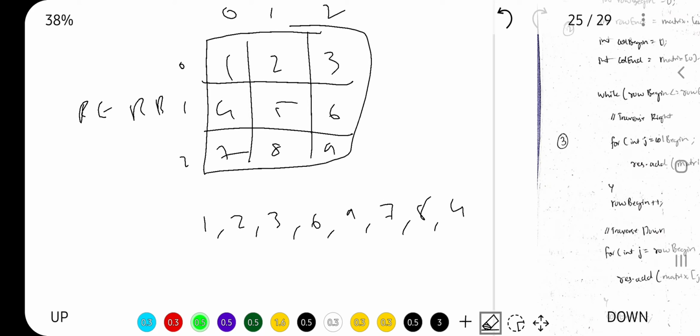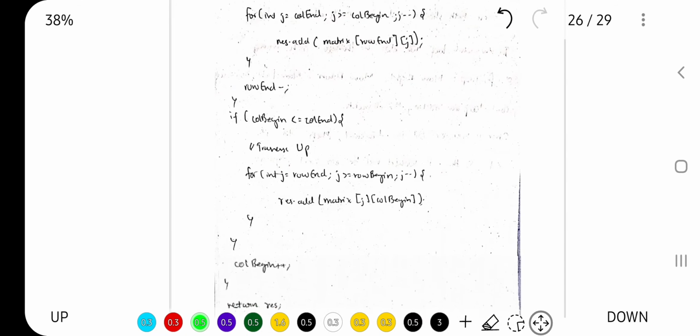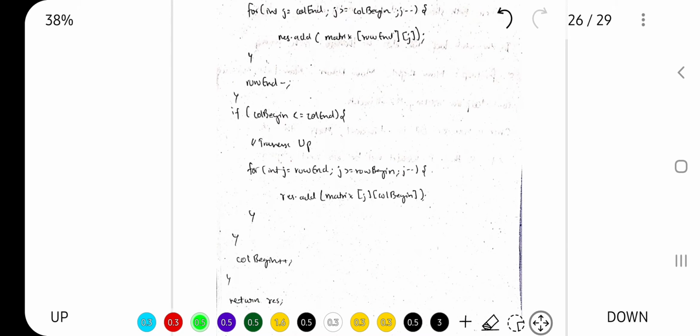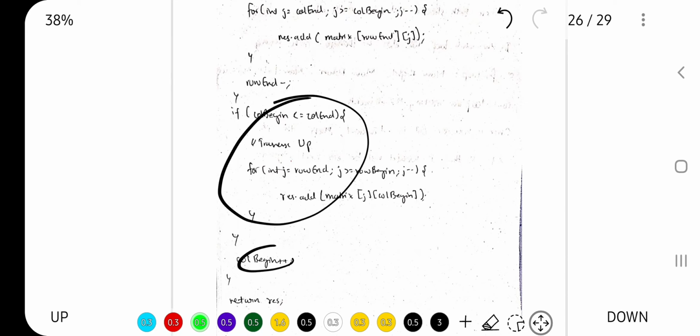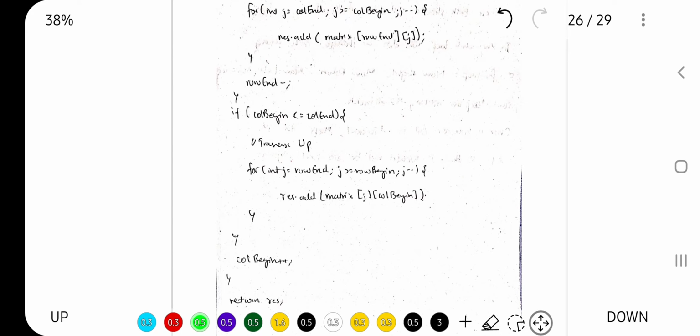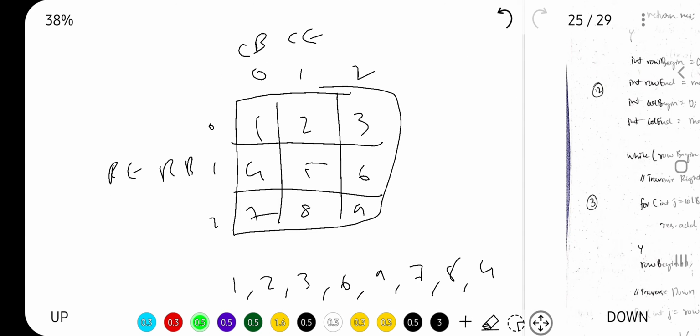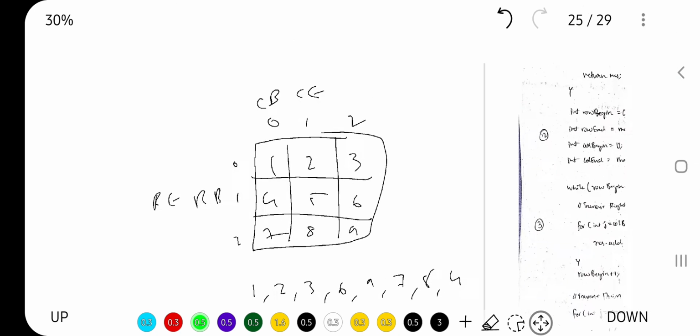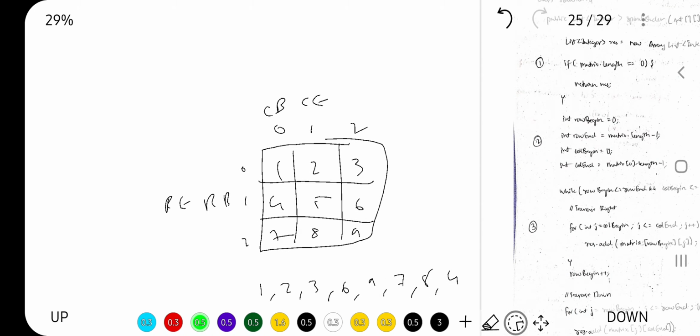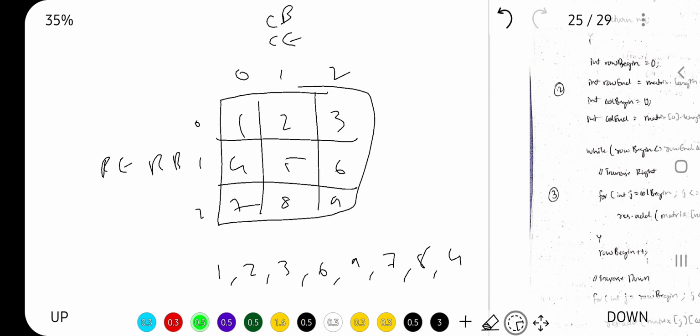Then what we will be doing after the fourth iteration, means this gets over. Okay, means the while loop gets over, and column begin plus plus. Column begin plus plus means this column is already accessed, right? All the elements present here are accessed, so we have to do column begin plus plus. When we do column begin plus plus, column begin will come in this position. Okay, now only one element is left to be accessed, this is accessed, here also it's accessed, here also it's accessed,